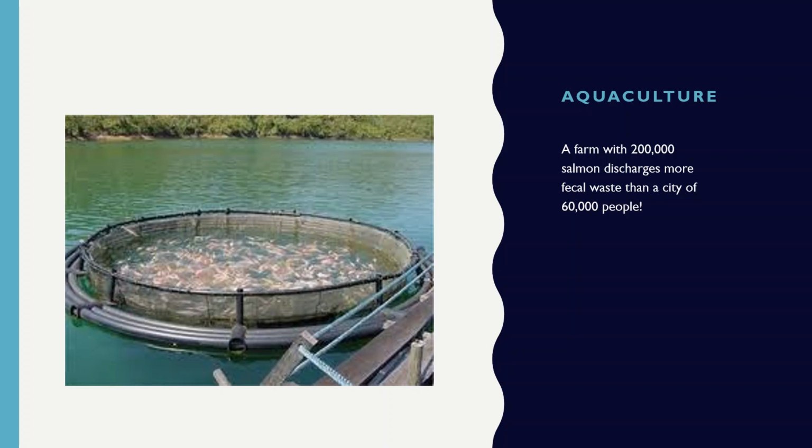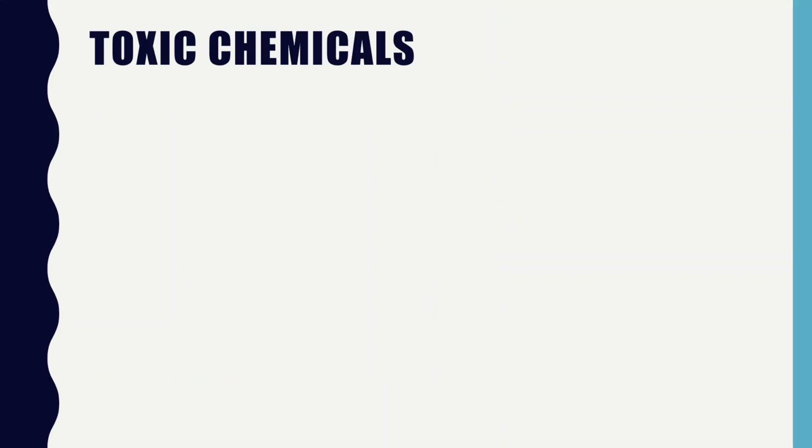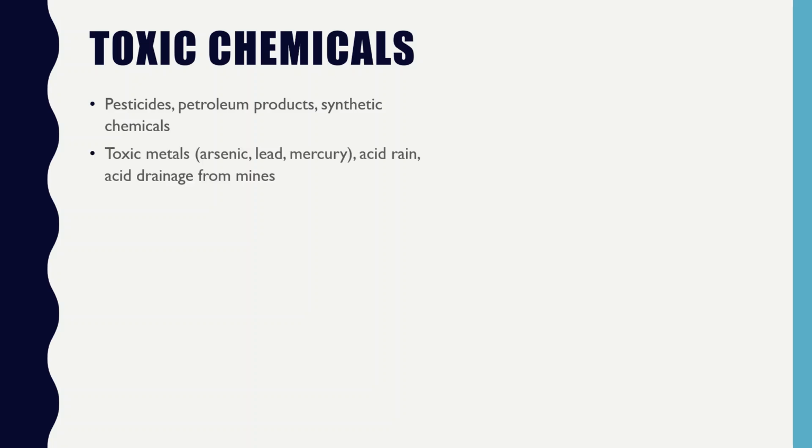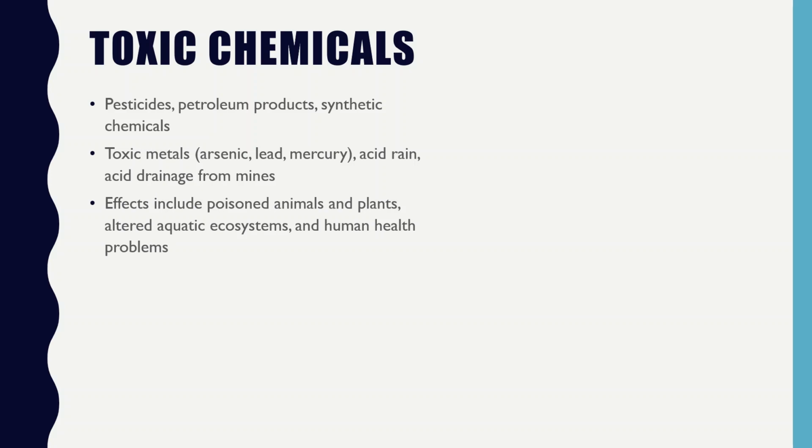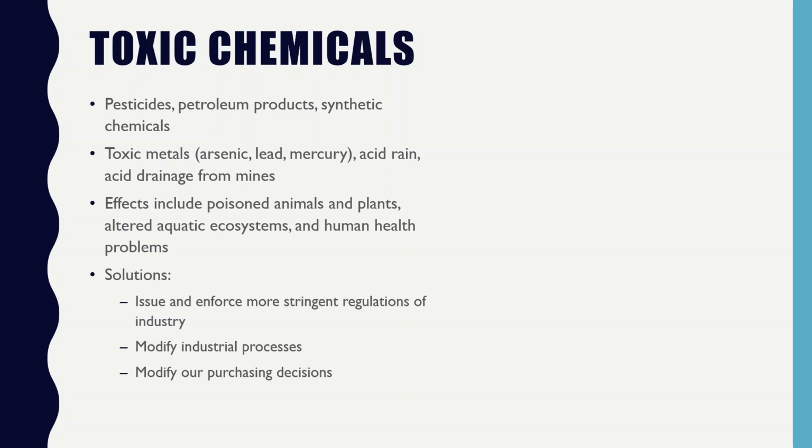We also have issues with toxic chemicals such as pesticides, petroleum products, or synthetic chemicals. Toxic metals: arsenic, lead, mercury, acid rain, acid drainage from mines. And those effects include poisoned animals and plants, altered aquatic systems, and human health problems. And so, what are some of the solutions? We need to issue and enforce more stringent regulations on industry, or modify industrial processes, or modify our purchasing decisions,